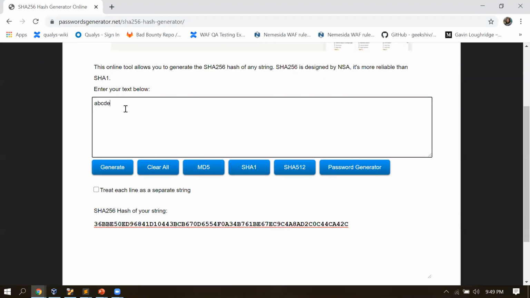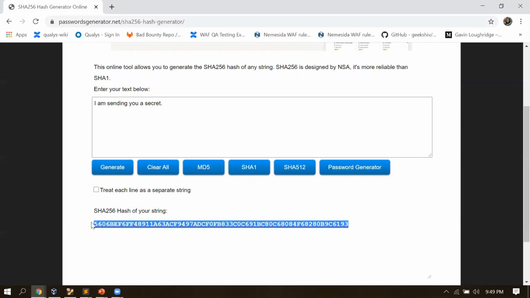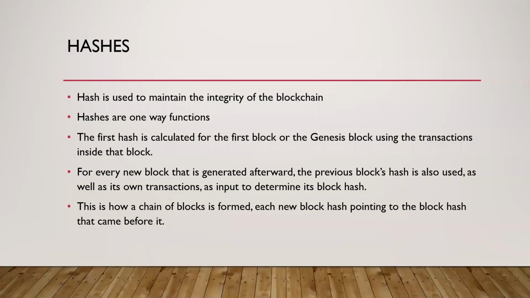So if the data that I am sending you, a secret, is your information, is your message over here, this is the hash of it. And if I just add a full stop, you'll see the hash changes. So this is how you're maintaining the integrity. You're able to understand if there is some kind of change that has happened to your data. That is why we say that the integrity of the blocks within the blockchain is maintained, because we are